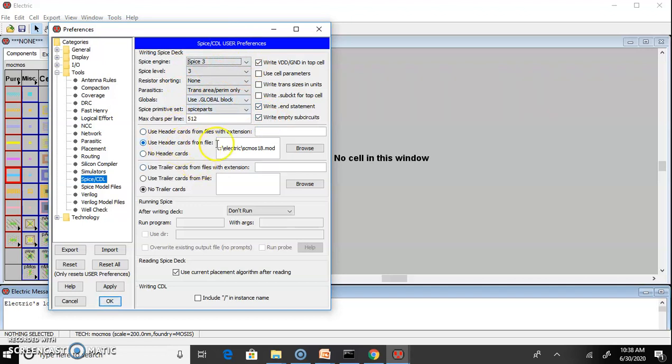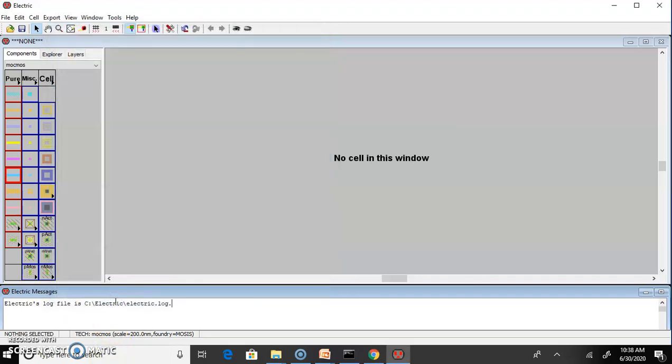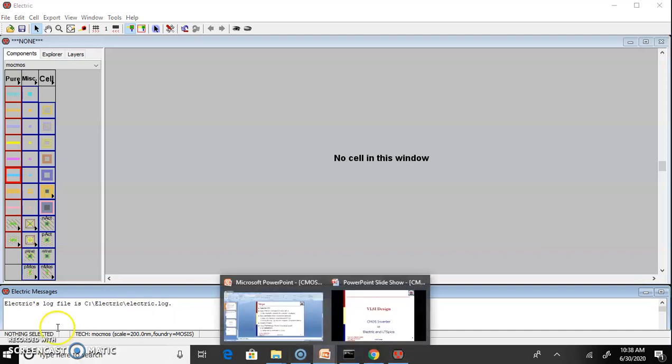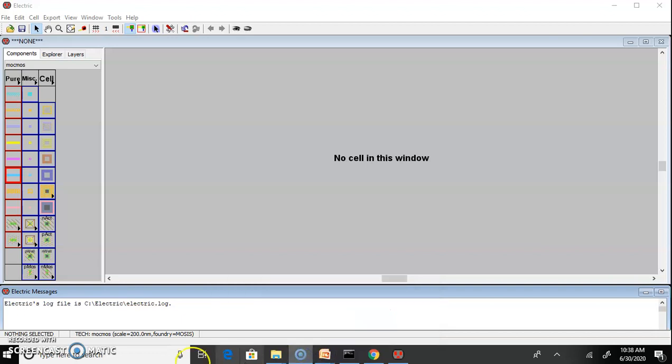We will use header paths from file and by browsing we'll select SCMOS 18.mod over here. Click OK. Now we are ready to make any schematic. So in next video, I'll show you how to make CMOS inverter.